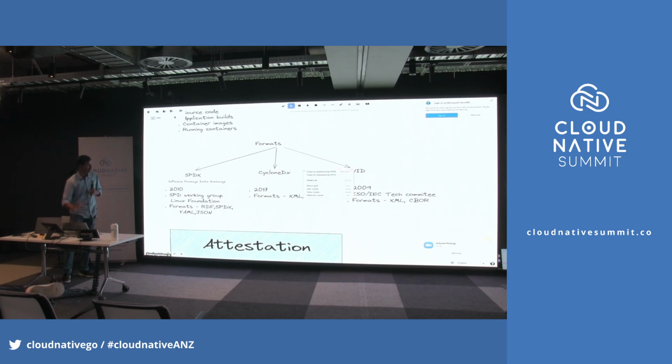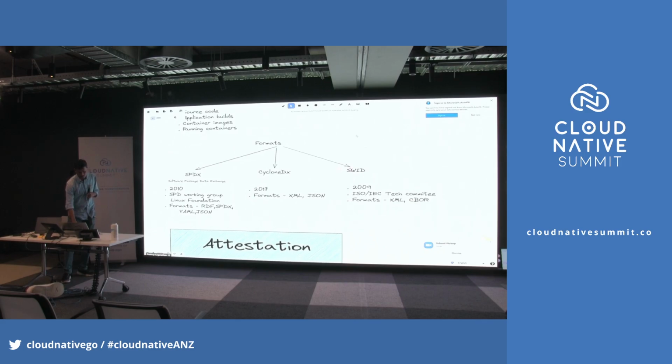Okay, so now there are various ways to generate. For example, Syft is an open source tool that can be used to generate these specifications, and there are a bunch of other tools also coming out which allow you to generate. Microsoft has right now come up with a tool to generate SBOMs. Docker Desktop is a tool to generate SBOMs. So a lot of organizations right now are building tools to generate SBOMs.